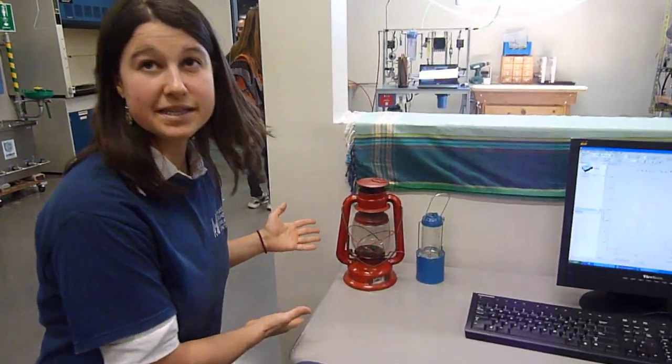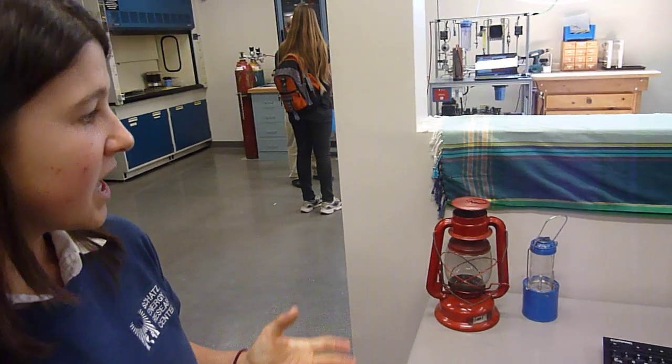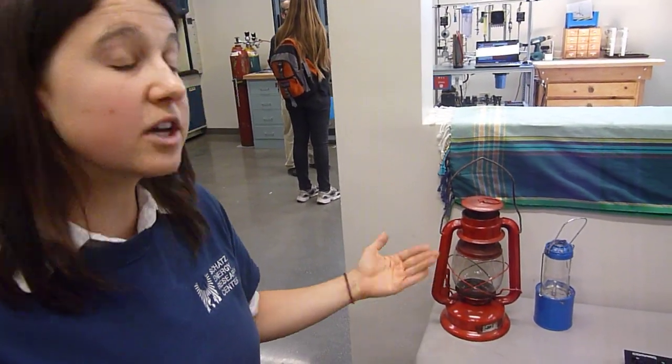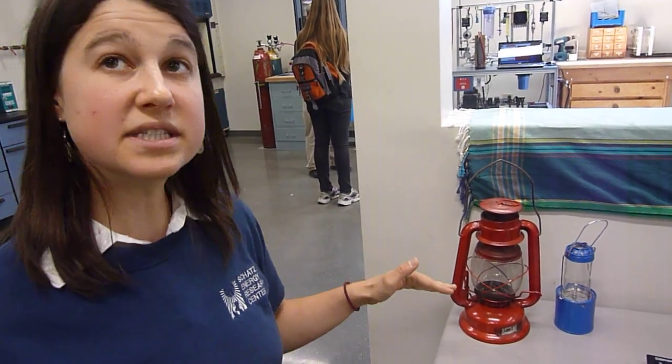1.6 billion people in the world are off-grid, so they don't have electricity. That's out of approximately 7 billion people, so that's a lot of people. And so, what options do they have for lighting? Here are some fuel-based lights. These both are kerosene-powered fuels. There are a lot of problems associated with these. If I'm using this light, I'll maybe get a lot of respiratory issues. This light could fall over, burn down my house, and in the long run, they're more expensive than an alternative,